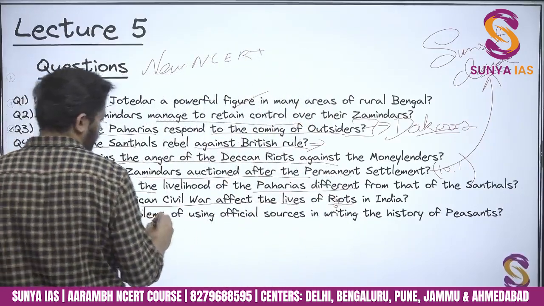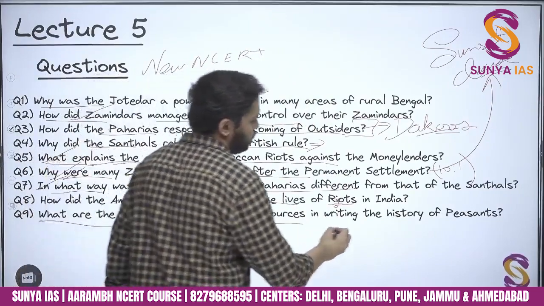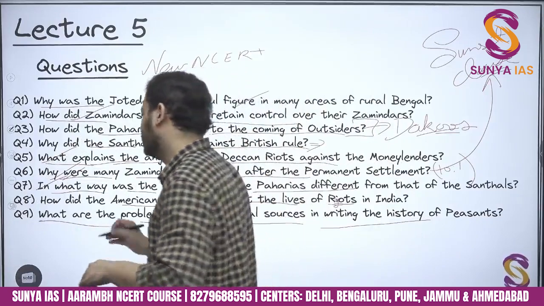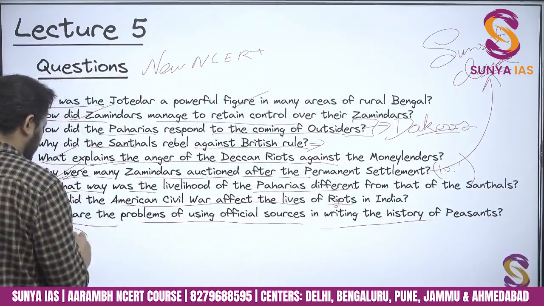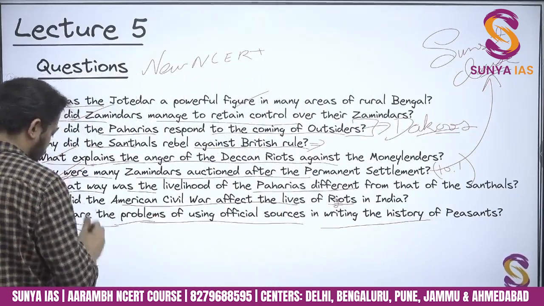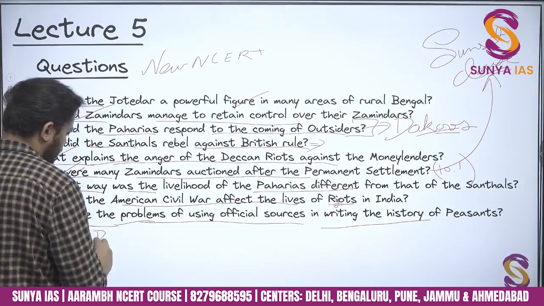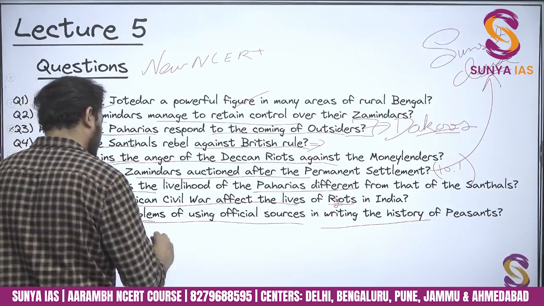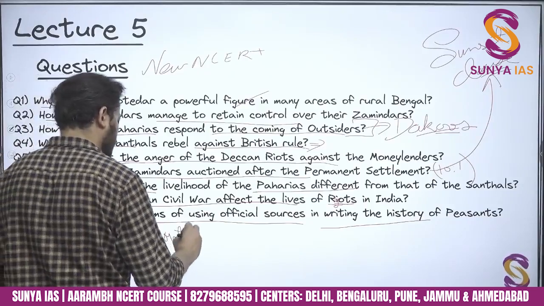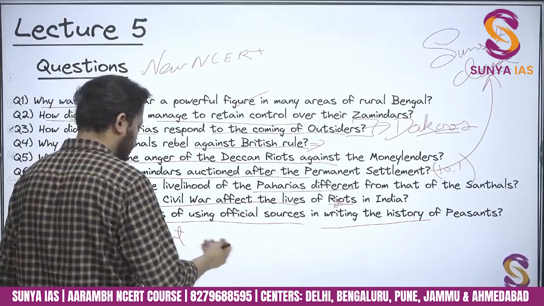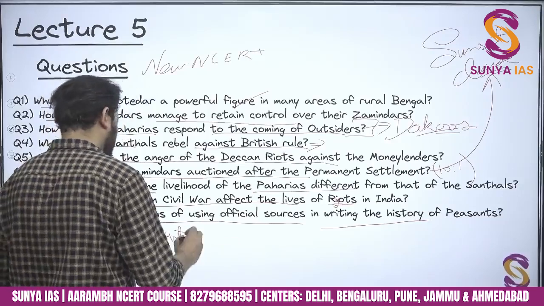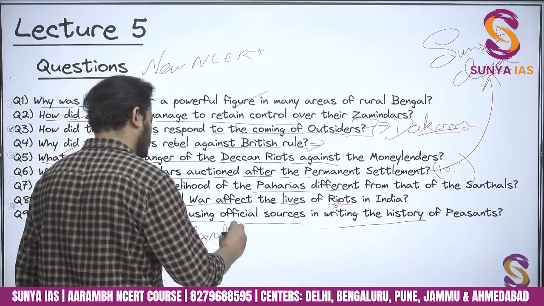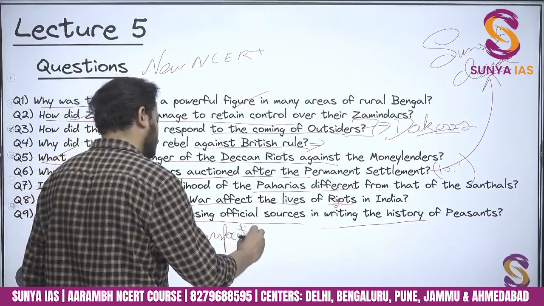What are the problems of using official sources in writing the history of peasants? This is not taught yet, but the problem is that it only provides the British government's perspective. I told you about that report, which was published by the British government in 1813, the Fifth Report. British government reports give the British government perspective, and therefore we don't really know what the real problems were which the